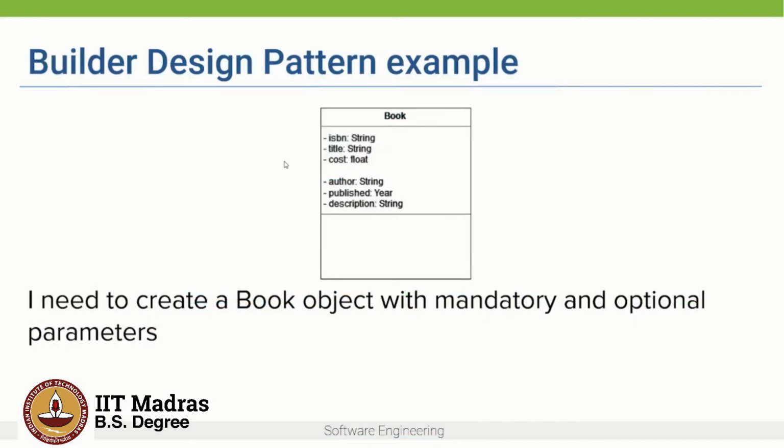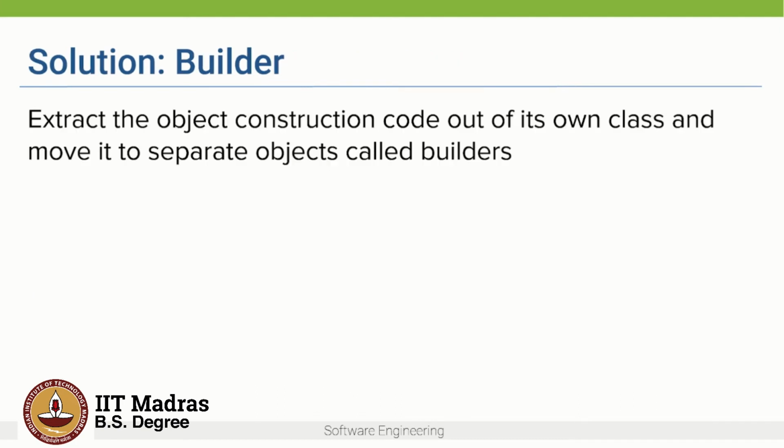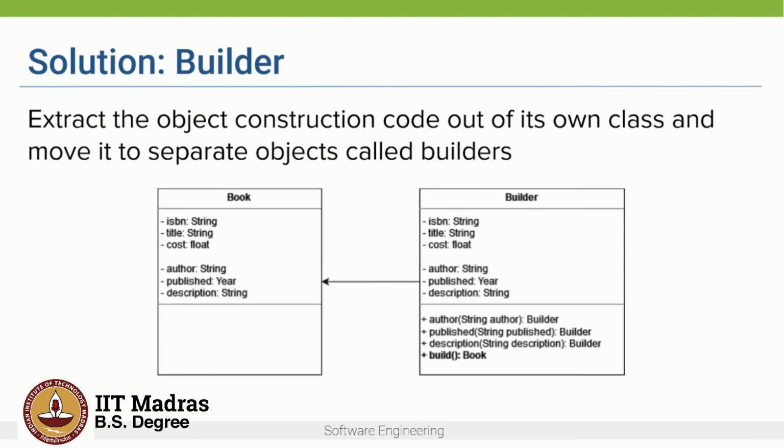So let's see how we can use the builder design pattern to solve this problem. The builder design pattern tells us to extract the object construction code out of its own class, right? So we separate out the object construction code and we move it to a separate object known as a builder object, right? So if we take the example of the book class, so we